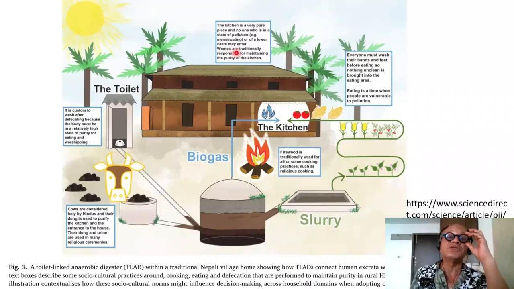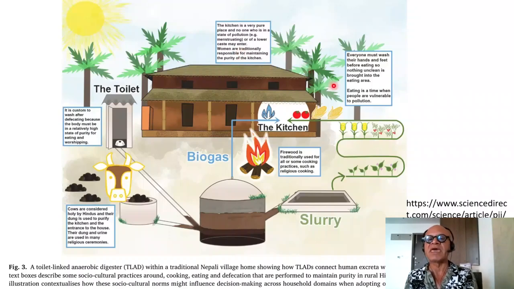Okay, the kitchen is a very pure place, and no one who is in a state of pollution, for example menstruating or of a lower caste, may enter. Women are traditionally responsible for maintaining the purity of the kitchen. Some of these things are changing, but obviously the practices and the cultural mores remain. Everyone must wash their hands and feet before eating, so nothing unclean is brought into the eating area. Eating is a time when people are vulnerable to pollution, so hygiene is a big factor in the developing countries,